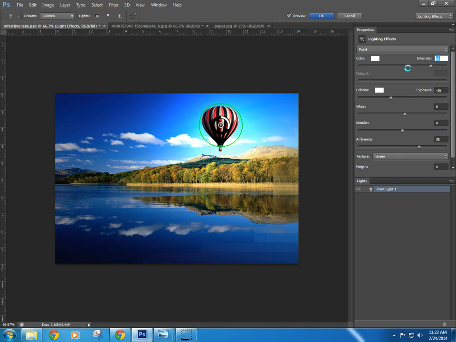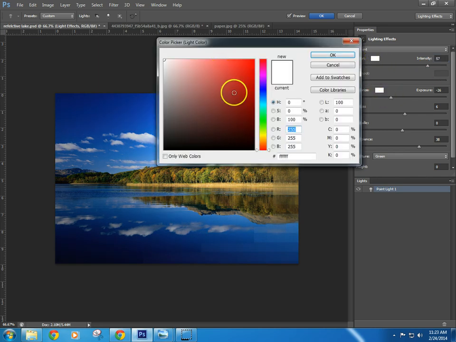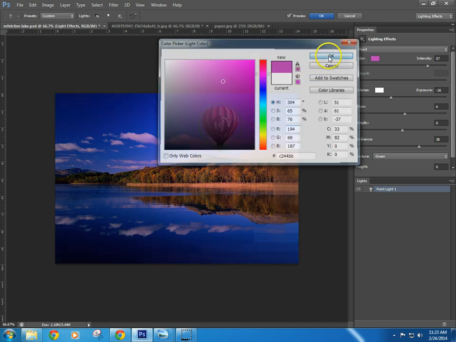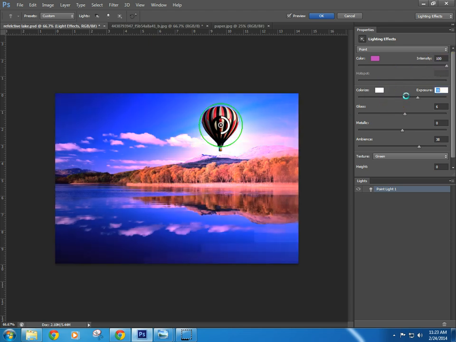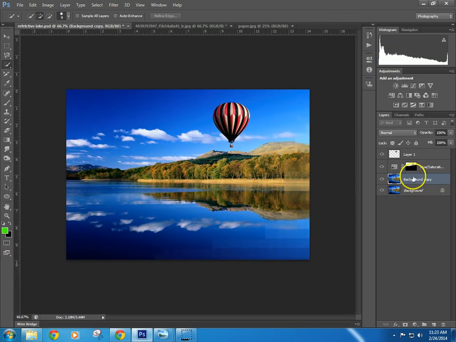I can make it quite a bit brighter or not. I could also color this, so I could make it some other color. Let's go for like this pinky color, right? And again, you may want to make that really intense or not. It kind of depends. So one thing you could also do before I even tried doing that is I only